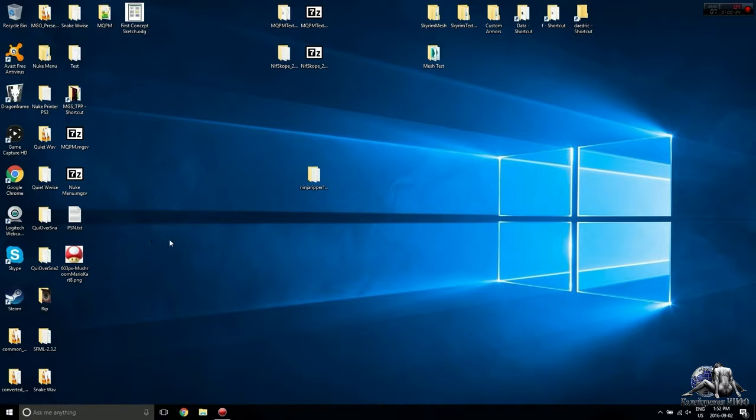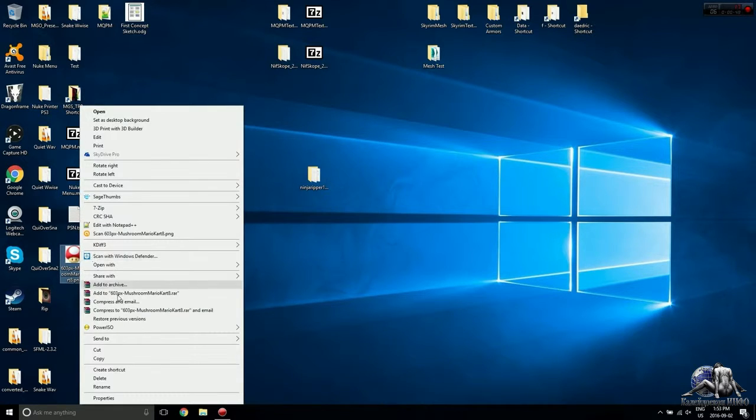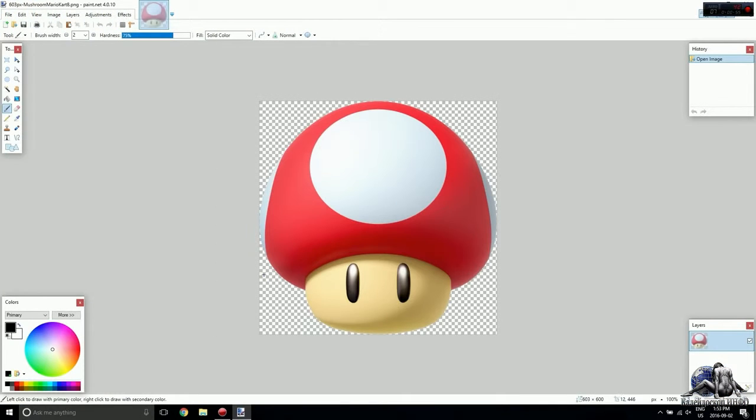DDS. I'm actually going to be using two different image editors for this, because I like to edit stuff in paint.net, but I find that when you export to DDS it's very lossy, so I like to use GIMP for exporting, just because it gives better quality. So anyway, once you've done that, you're just going to want to open up an image or something in your image editor. So I'm going to be using Mushroom from Super Mario, and we need to